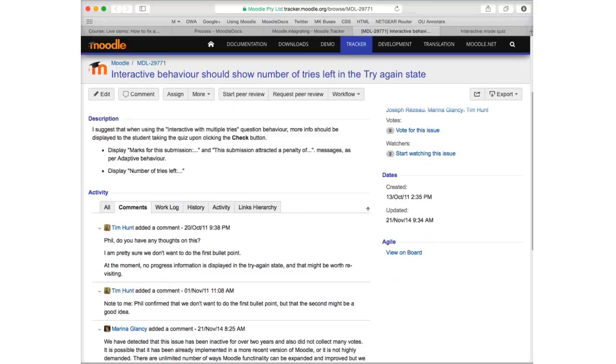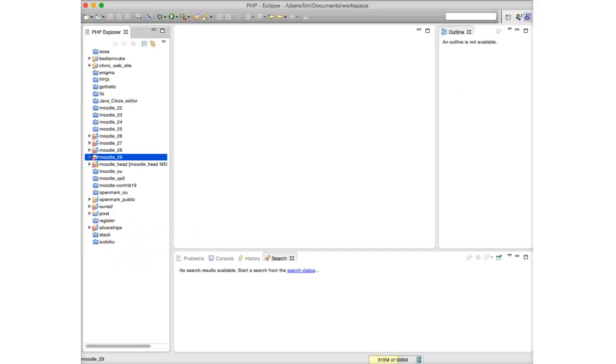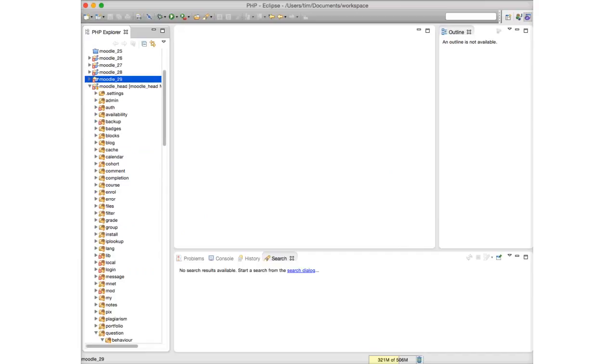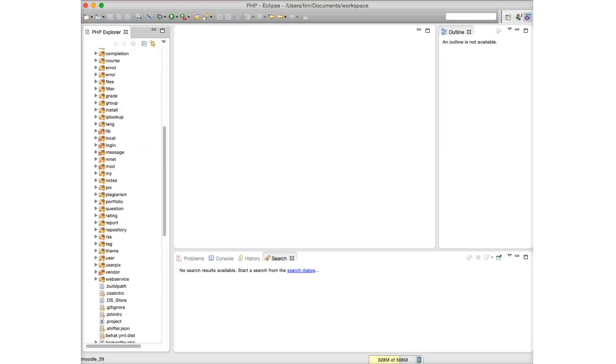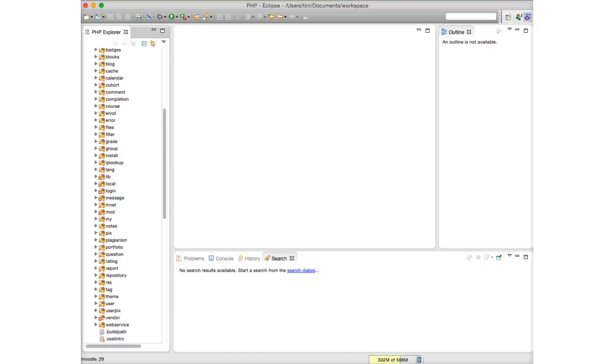So now we need to look at the code. And so this is my code editor. It's called Eclipse. Developers can have huge arguments about what the right editor to use is. I use this editor, and it works for me. Now, to understand what code to change to get the change in the Moodle interface